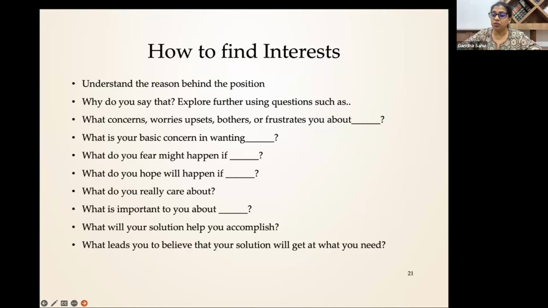So one of the positions that people take is they say that this is the solution, the one and only solution. There's nothing else we can do. They'll be completely closed. Sometimes the mediator is completely closed. It can only be like this in this case, if you have to find a solution. Many times the parties are closed. That is a position. Okay.